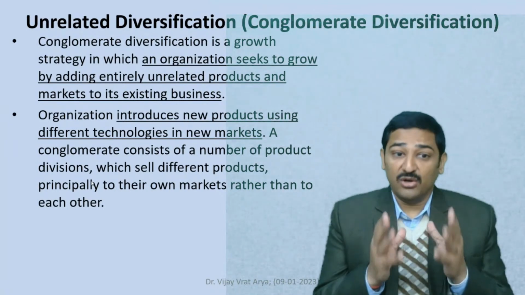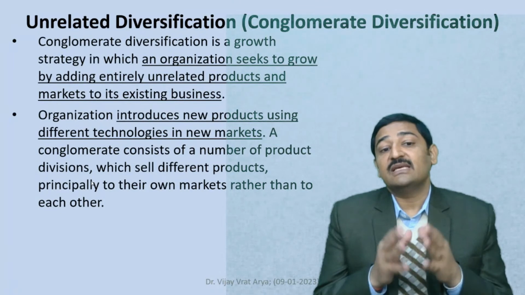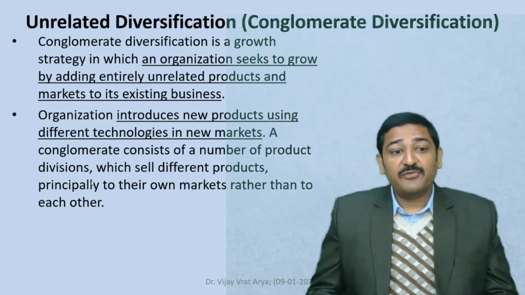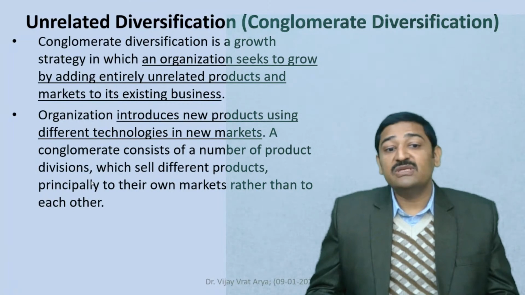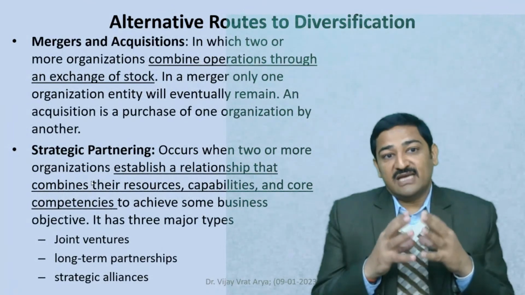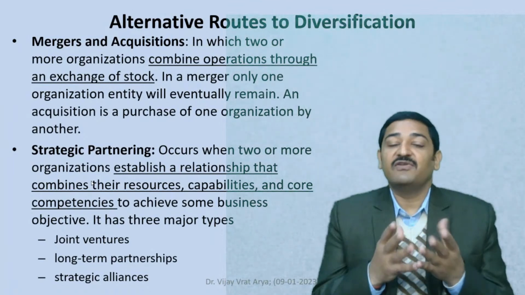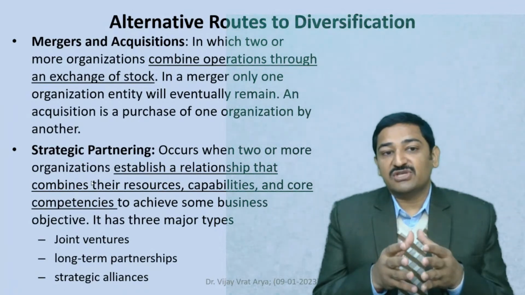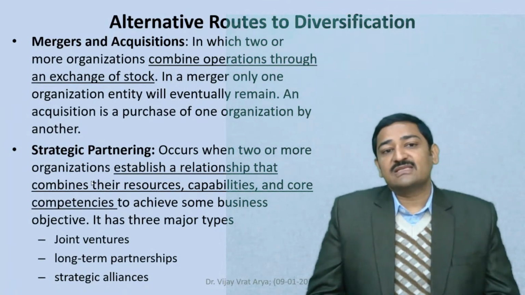Here, the organization introduces new products using different technologies in new markets. A conglomerate consists of a number of product divisions which sell different products principally to their own markets rather than to each other. Considering this diversification, we also need to understand the different alternate routes available in the case of diversification. Primarily, the merger and acquisition is one, which, although we have discussed, in which two or more organizations combine